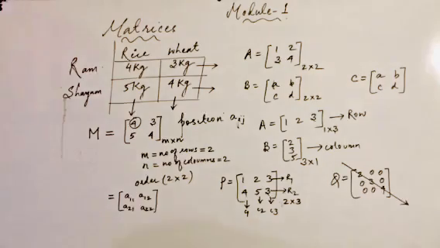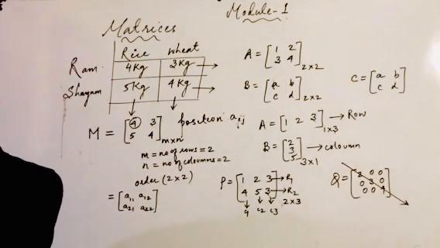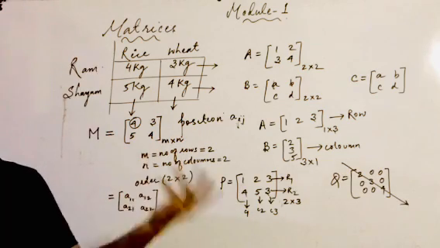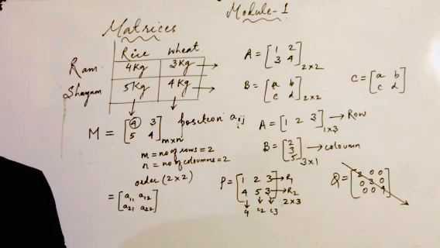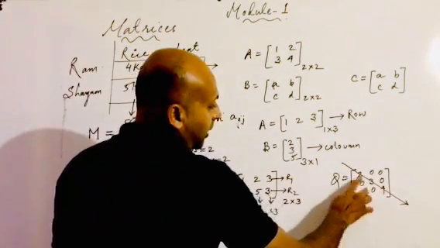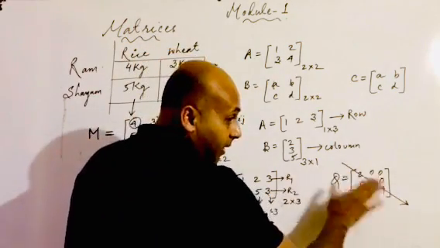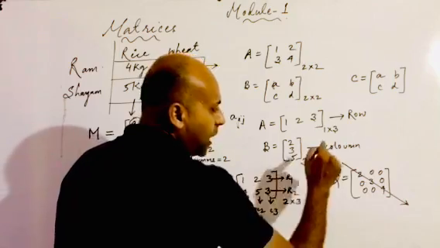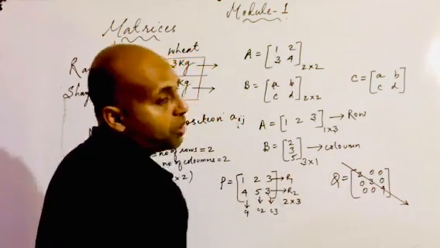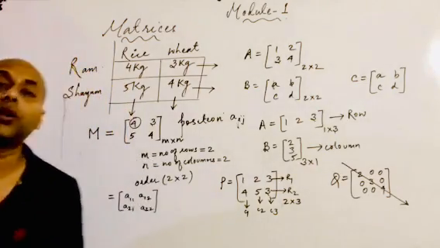Yes? Now next we have the scalar matrix. What do you mean by scalar matrix? Any idea, children? A diagonal matrix in which all the leading diagonal elements are identical is called a scalar matrix. Again I am repeating. In this case the leading diagonal is 2, 3 and 4. Are they identical? No. So that means it's a diagonal matrix. But suppose I take 2, 2 and 2. Then all the leading diagonal elements will be equal. In that case we call it a scalar matrix.